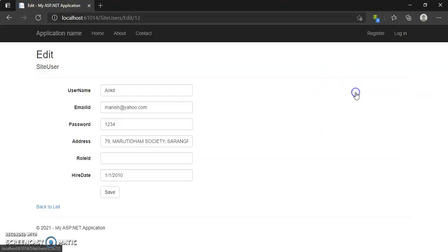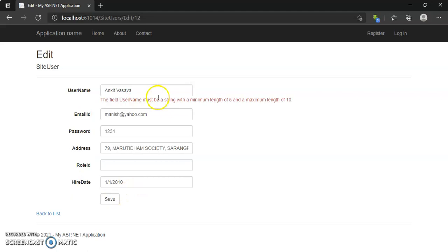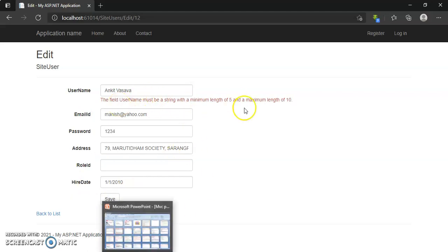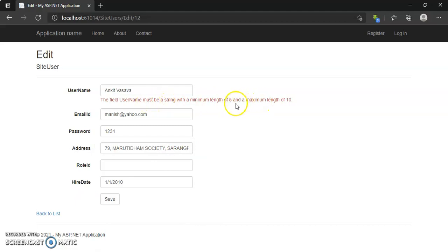If I put a last name, Ankit space, suppose Vasava, it is also allowed. But in the length property I had given a validation of 5 to 10 characters. This contains 12 characters, more than 10.